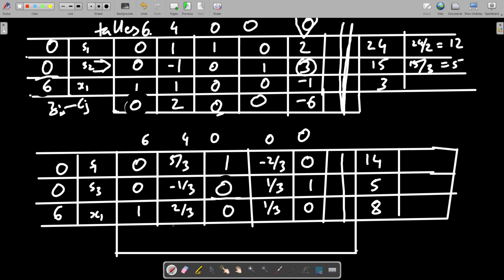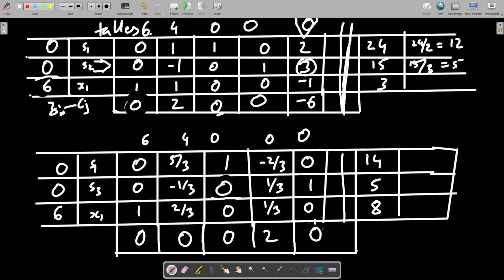Okay. So this will be 0, this will be 0. Okay. Six by 3, that will give you 2, and this is 2 by 3, that will give you 2 by 3 times 6, that will give you 4, and then you have to subtract this 4 from that. So what remains here is 0.